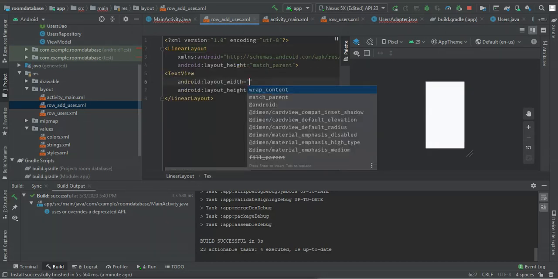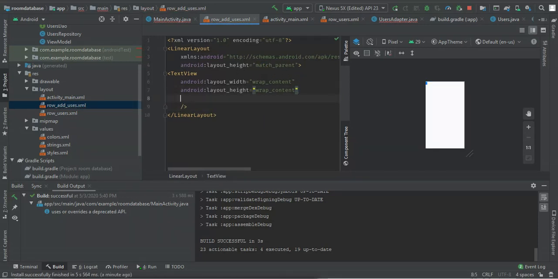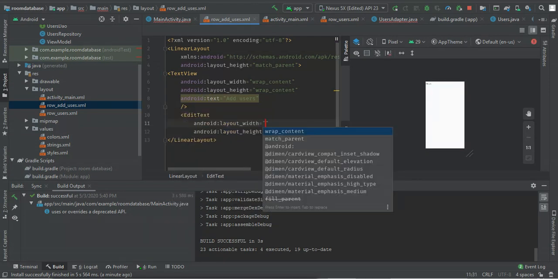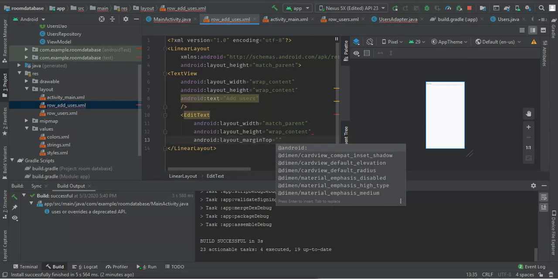We'll have a text view, wrap content, and the text should be add users. Below it, I'm going to have edit text, match parent, wrap content. I'm going to give it top margin of 20,